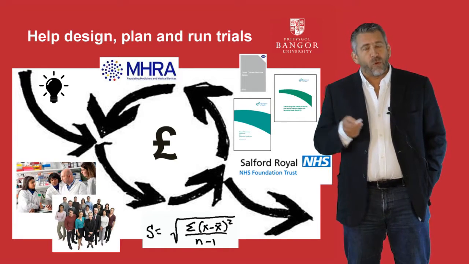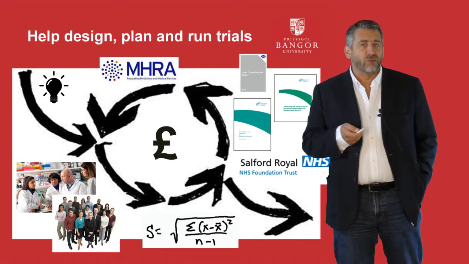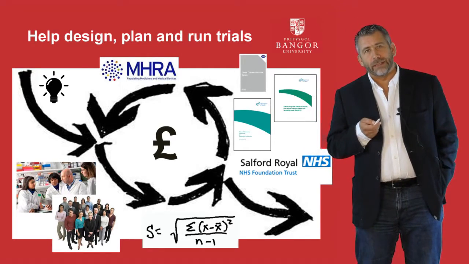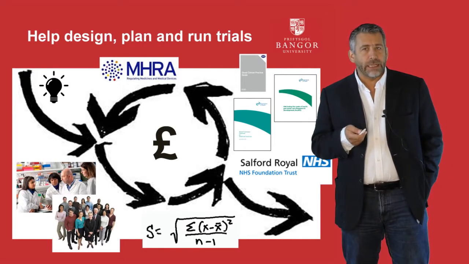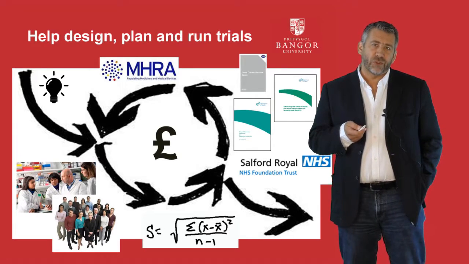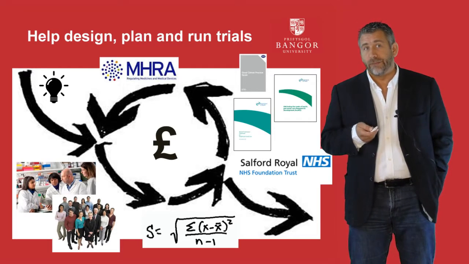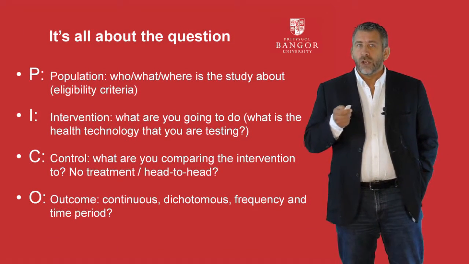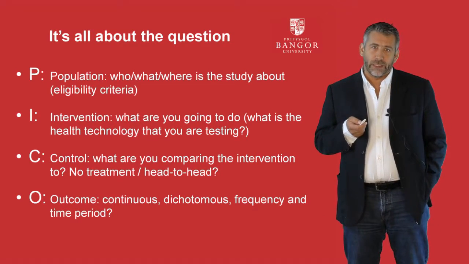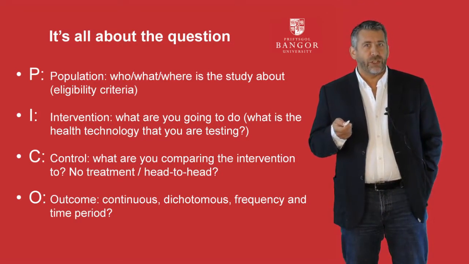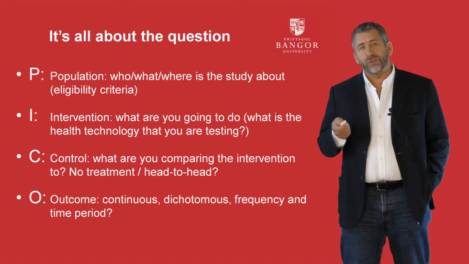You then need to think about what outcome measures you're going to be using and how that relates to your research question, and we'll look at that in a short while. Then linking with the NHS infrastructure, NHS R&D, to help host your study, and then also linking with any regulatory authorities like the MHRA if it's a CTIMP. So the most important thing, and one thing that you can really help the clinical trials unit with, is thinking about your question, so that when you come along to the Research Design Conduct Service, you've given some thought about